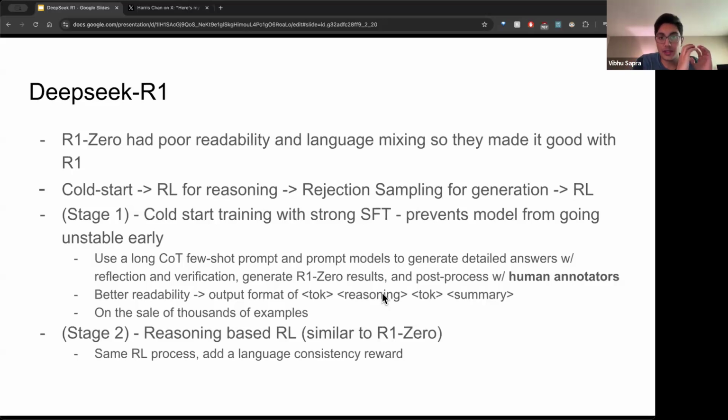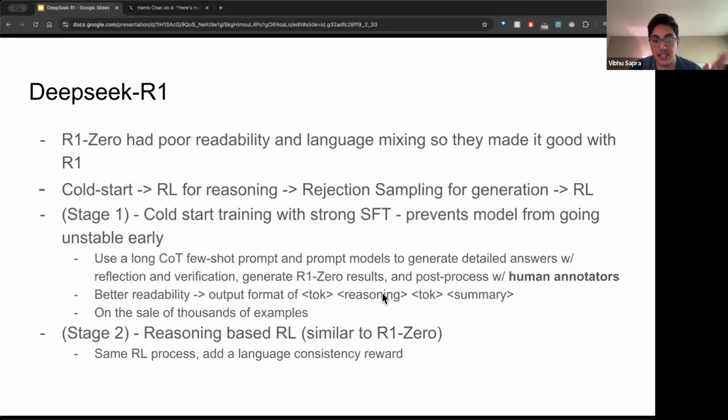Normally we take base models, we do instruction fine-tuning, and we turn them into chat models, right? We do SFT. So we're going to take the base model and generate some examples of chain of thought, few-shot prompted examples. So you take R1-Zero, or whatever model, and tell it to generate some examples where you give the formatting you want and you give your thinking steps, a lot of thinking steps, to start it off strong. Then they generate a couple thousand examples, post-process them, and have human annotators. I know they just put like a line on this. Then they do some regular SFT on base DeepSeek V3.